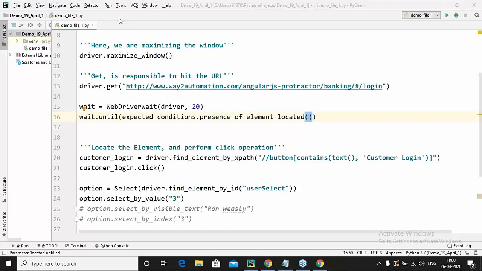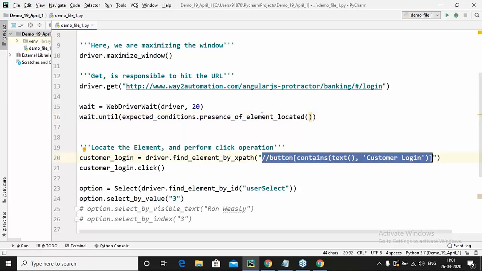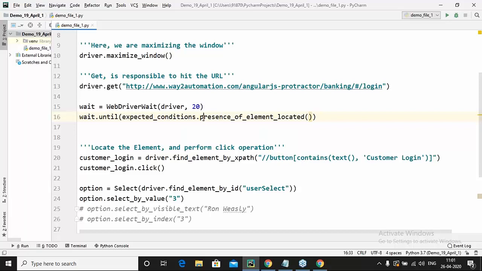Now the next thing that we have to write here is wait for the element located, wait for the presence of element. Next, we have to give the locator also. For what locator do you have to exactly wait? Here, the locator available with us is the button itself. So I want to wait for this button to exist. I want to wait until the presence of this element is observed, so I'm writing presence of element located.